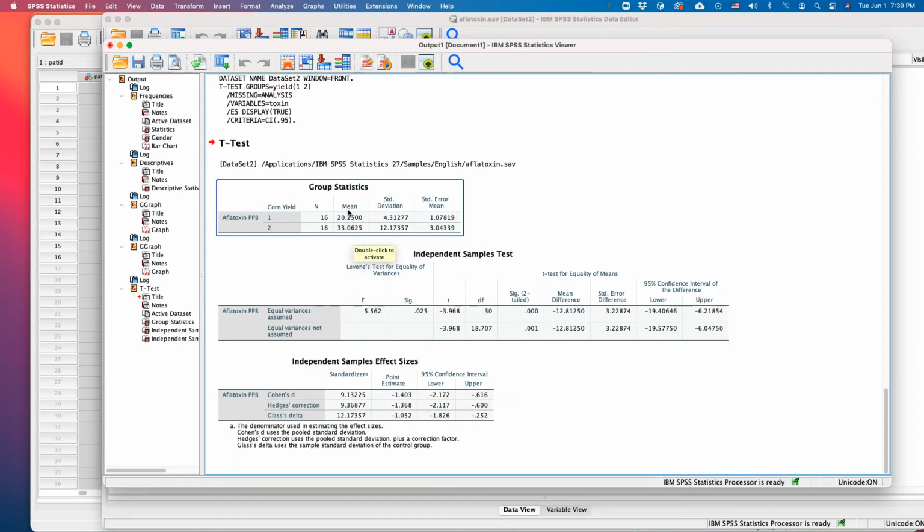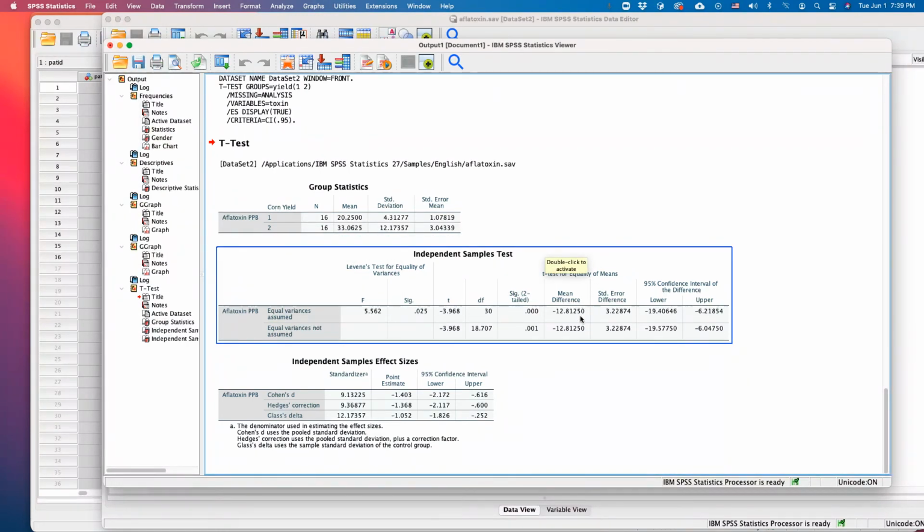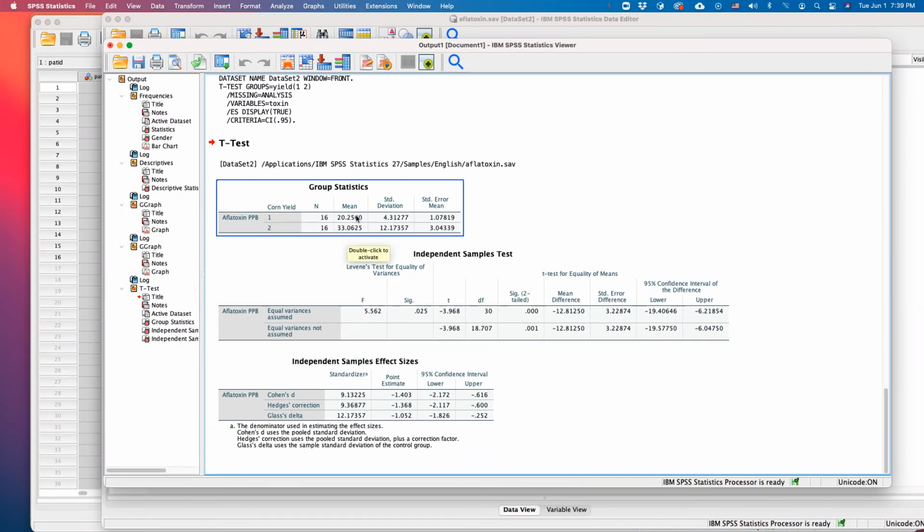And if we go down to the table where we have the t-test results, we'll see the difference between these two values, between the 20 and the 33,